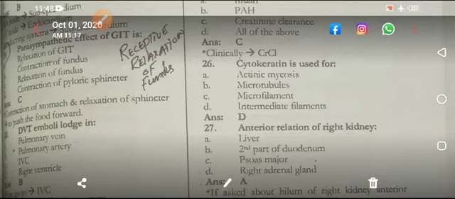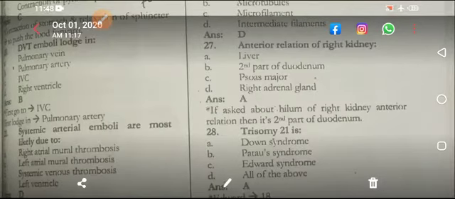Cytokeratin is used for intermediate filaments। और साइटोकेराटिन पर्ल्स किस में होते हैं? स्क्वेमस सेल कार्सिनोमा। ये क्वेश्चन भी बार बार आता है कि स्क्वेमस सेल कार्सिनोमा में कौन से इंटरमीडिएट फिलामेंट होते हैं? तो साइटोकेराटिन, क्योंकि उसमें केराटिन पर्ल्स होता है। Anterior relation of right kidney, तो इसमें liver है, और अगर hilum of the right kidney पूछे तो anterior relation then it's second part of the duodenum। बिल्कुल सही है, इसको इसी तरह याद रखें।